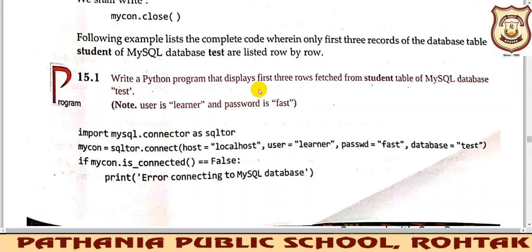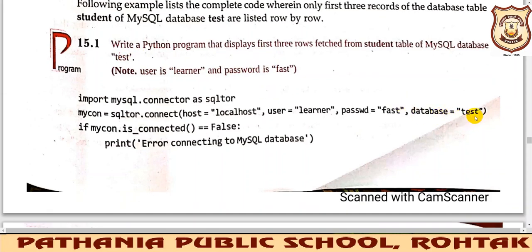Okay, so we need to check the database test first, meaning we need to open it first. If it exists, then it will show us the table, and we have to create it initially, then only can we use it and fetch the rows of it. So in this question we are assuming that the database test already exists, and we are fetching the data from the student table. The student table also exists and the test database also exists. Now we want to give a solution for whatever the question is saying. It says display the first 3 rows fetched from the student table.